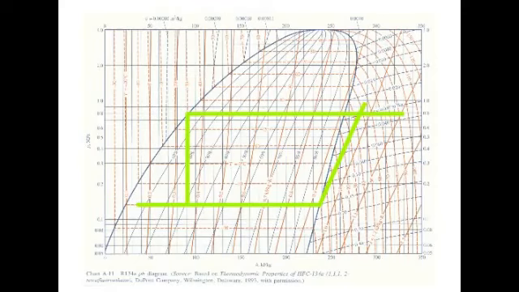Critical enthalpy properties and performance criteria can be determined from the chart. A line perpendicular to point D shows the enthalpy of liquid entering the evaporator, H1. As it absorbs heat from the cooled space, its enthalpy increases to H2. The difference, H2 minus H1, is the amount of heat each kilogram of refrigerant can absorb. The work of the compressor also increases the enthalpy. A perpendicular line from point B shows H3, the enthalpy of gas leaving the compressor. The difference, H3 minus H1, is the amount of heat released to the condenser.